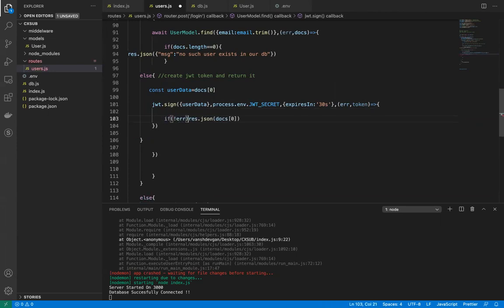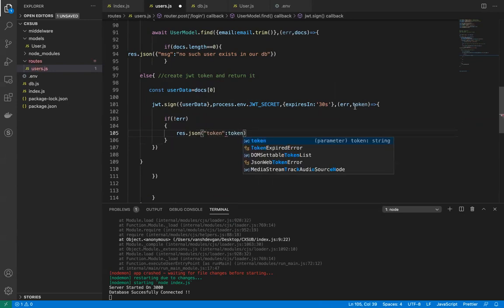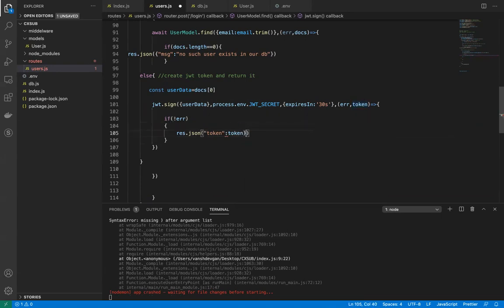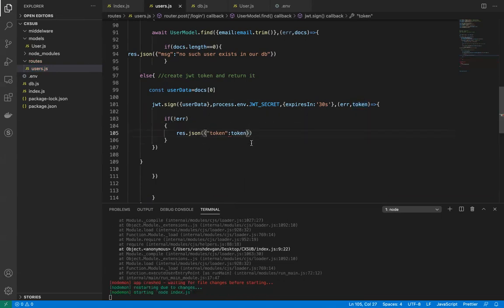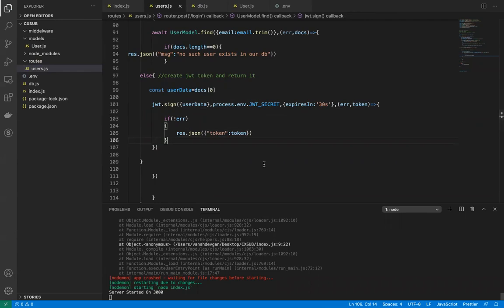If there is no error signing the payload, then we return the actual JWT token. So we write token here, and that token will be in this token value, and I will just add the curly braces to it, and now I think it's fine.